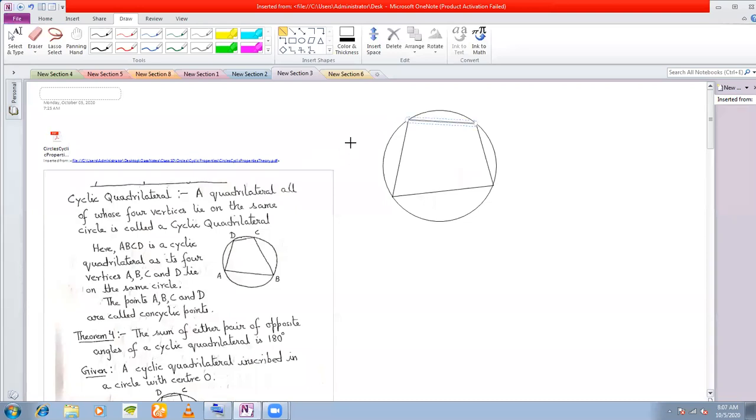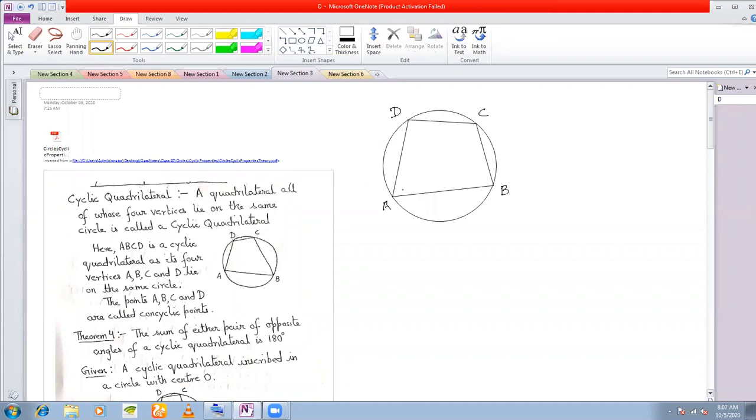if you look at this quadrilateral ABCD, okay, this is not any special quadrilateral. This is not a rectangle. This is not a trapezium. Okay, this is a general quadrilateral with four sides.